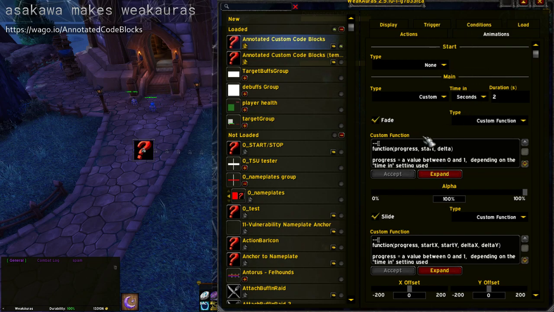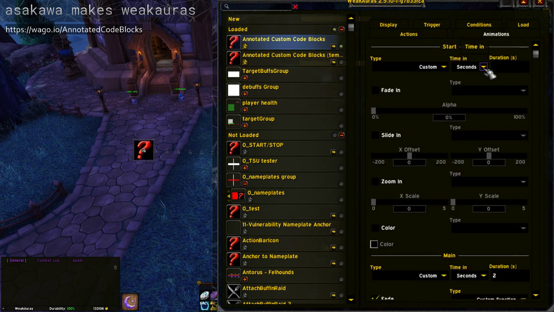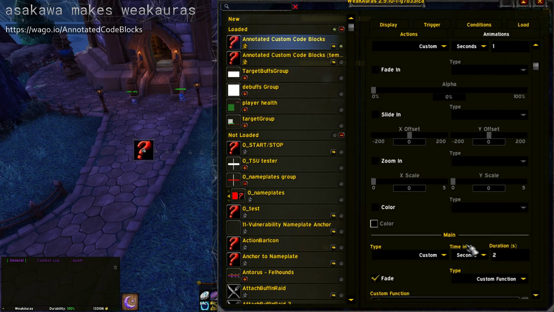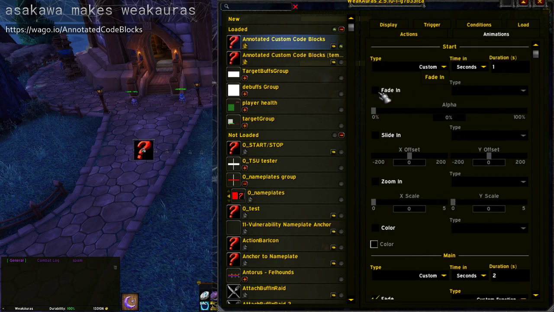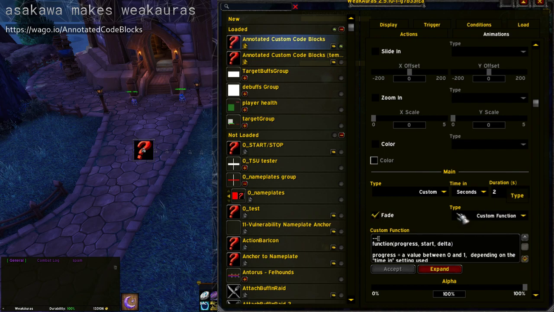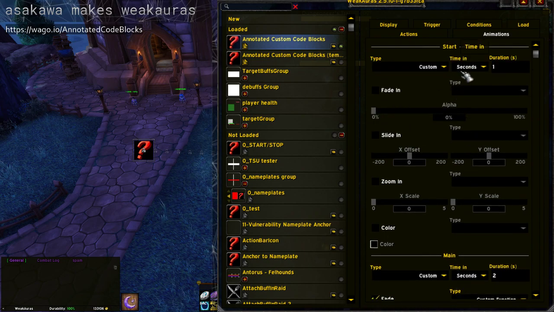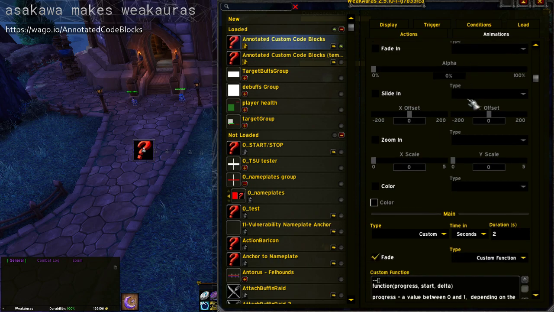Start and finish are all the same as these things, except they run through their duration once. So say we set a start animation time of 1 second, then the custom functions in here will get a progress value of 0 to 1 over 1 second, and then instead of like the main animations where it'll keep cycling, in this case it will go from 0 to 1 and then immediately start looking at the main animations. That's the last time it'll run the start. And same with end,